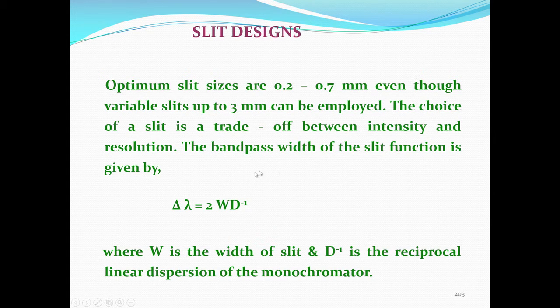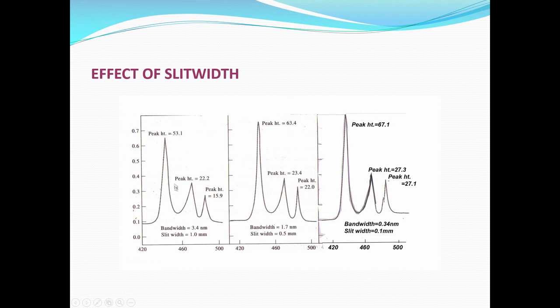So, the band pass, we define what is known as band pass width of a slit function as delta lambda, that is the amount of radiation corresponding to different wavelengths, is given by twice the slit width and reciprocal linear dispersion of the monochromator. So, this is a very simple physics formula, and the effect of slit width what you can see is somewhere here,